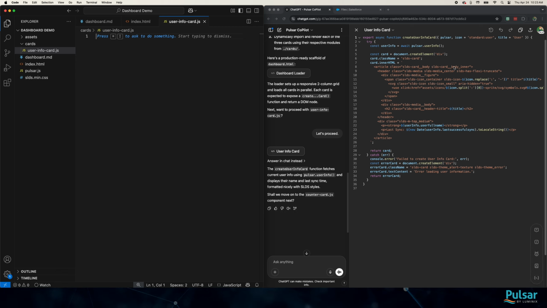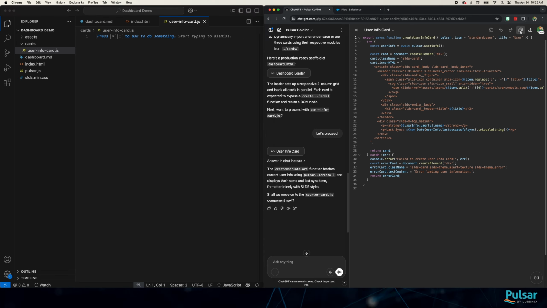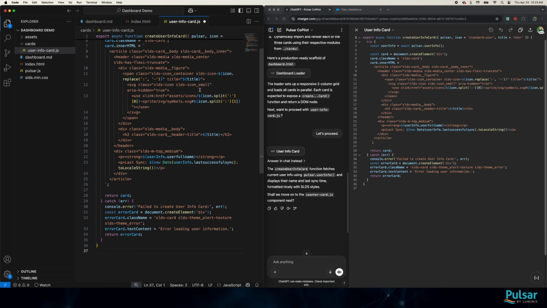We can take a look at the code here. We can see that it's doing a lot with Salesforce styles, and that we're doing a little bit of work here to get our icon to be built properly, the icon.split. And we're going to get our user info to get the user ID. This code looks pretty good, so we're going to go ahead and copy it and paste it into our